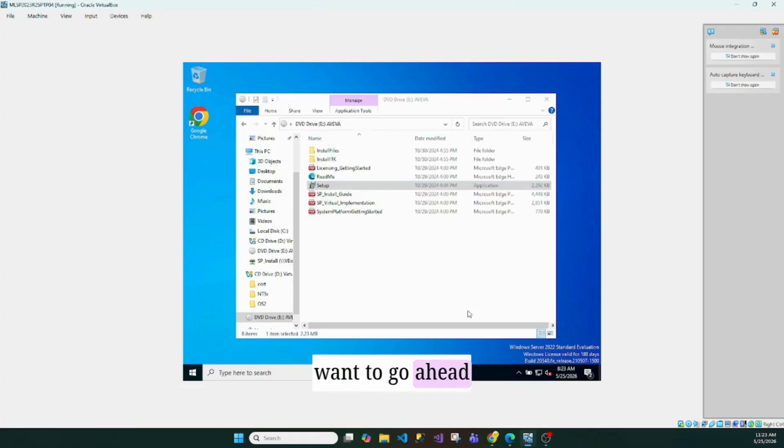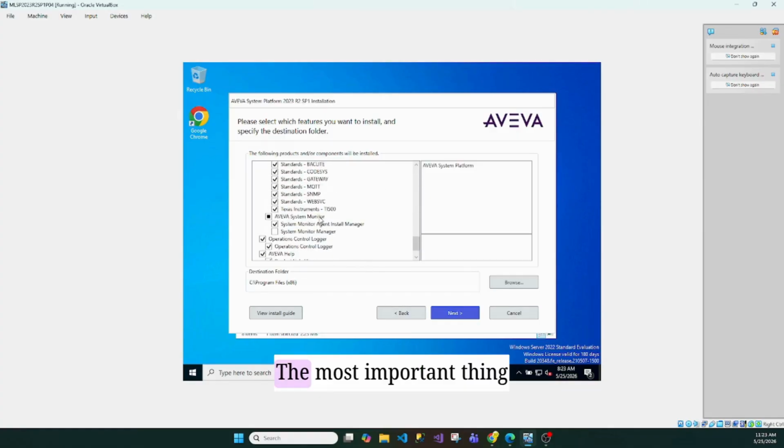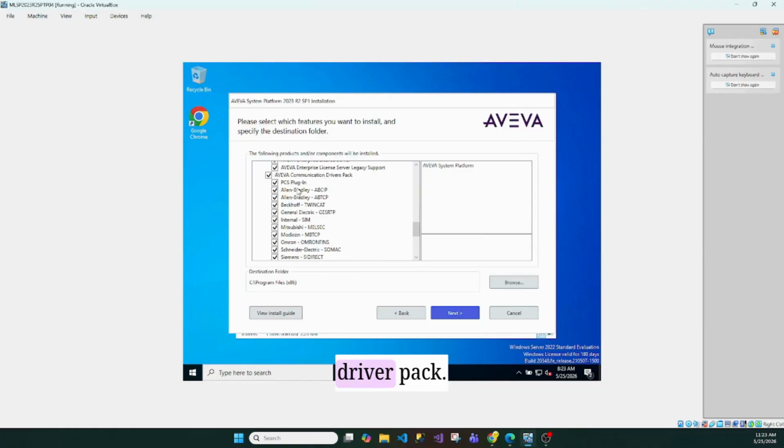We want to go ahead and click next. We're going to leave all of this as it needs to be, right? The most important thing for us to do, so I'm starting off from the top, is to scroll down until I see that communication driver pack. This here is going to say, hey, you're going to be installing each of these. I really only want the one that I want, right? So I'm going to keep that PCS plugin. I'm going to uncheck these, right? I don't need that. The only one that I am going to keep is going to be the,